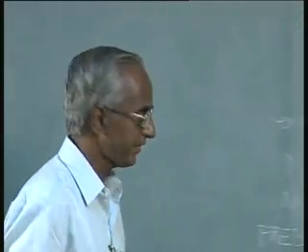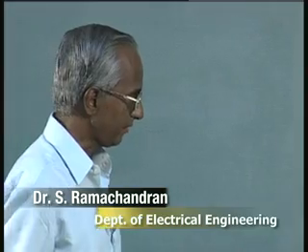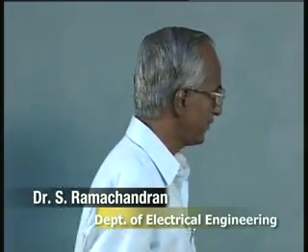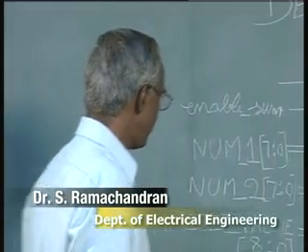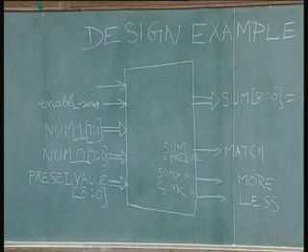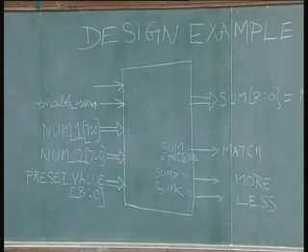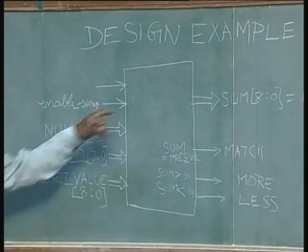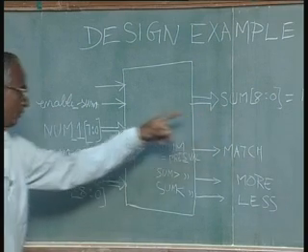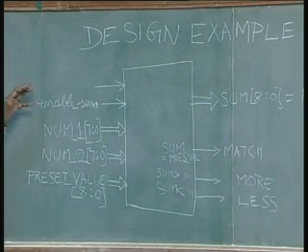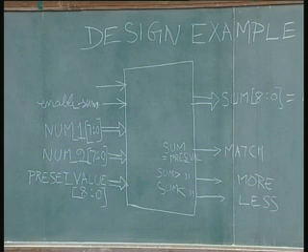Let us consider a design example using some of the methods that we have adopted earlier, and this example is a simple summation of 2 numbers, and then compare it with a preset value, and then output different results. So, for example, you have a number 1 and number 2, 2 numbers each of 8 bits, and we want to take the sum of these 2 and output here, provided enable sum is active, that is logic high as such,